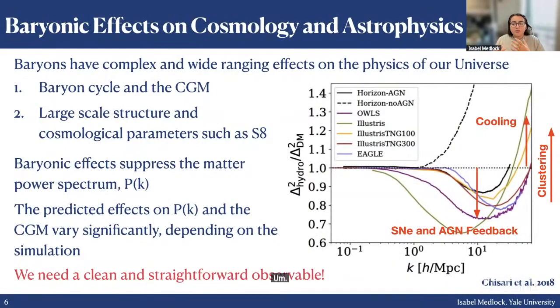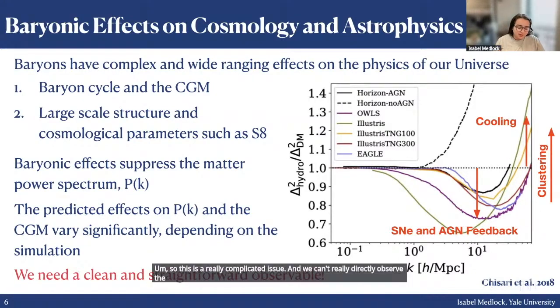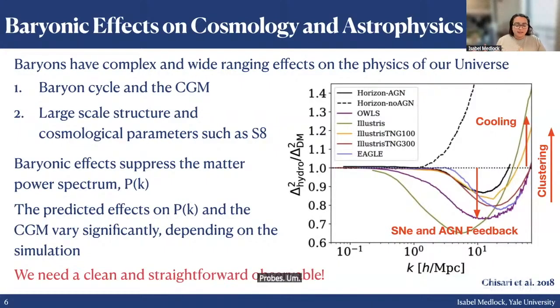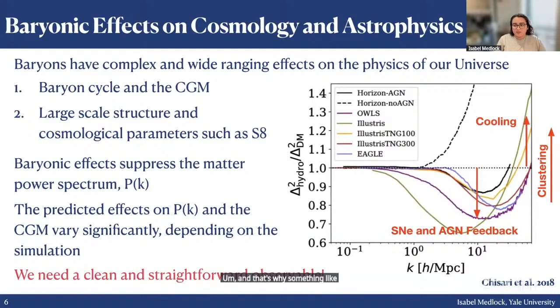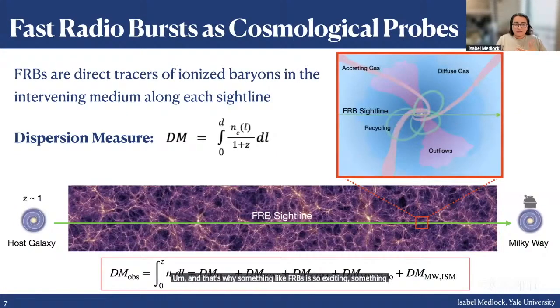So this is a really complicated issue, and we can't really directly observe the CGM and these effects because of how diffuse the gas is. So we really need nice probes. There are other probes like KSZ and TSZ, X-ray, and so on, but each of those has their own caveat. And that's why something like FRBs is so exciting, something that is directly tracing the ionized baryons along their